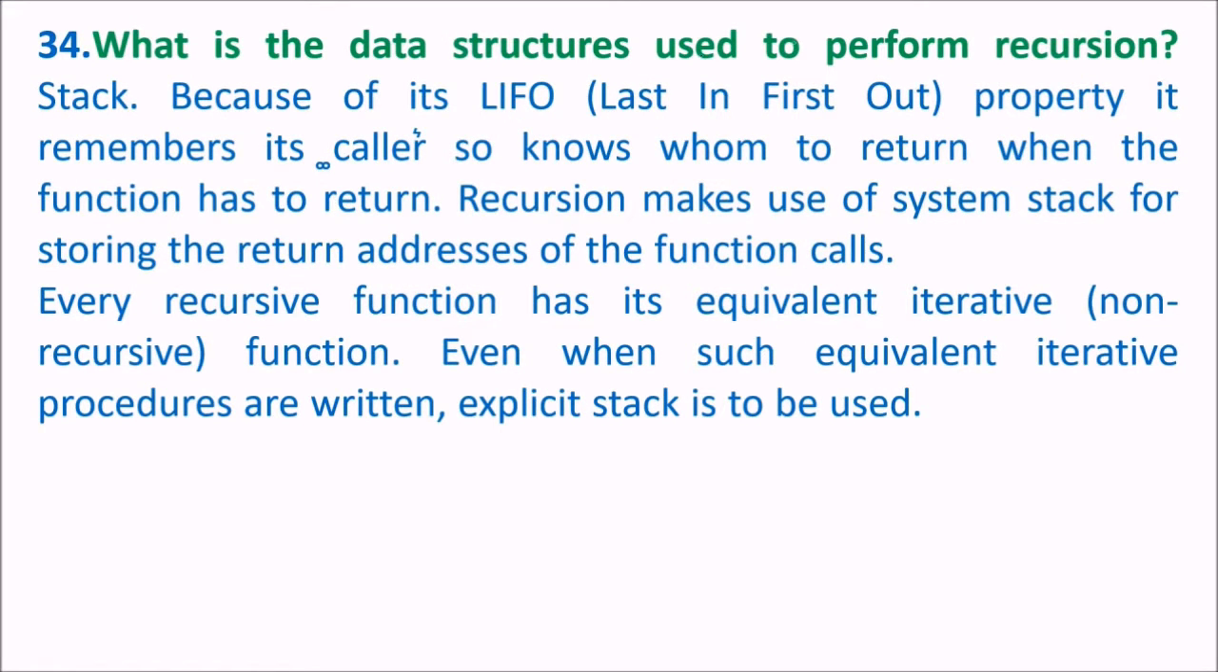Then what is the data structure used to perform recursion? Now what happens in recursion? The answer is stack. Since it follows the last in first out property, it remembers its caller, so it knows whom to return to when the function has to return. Recursion means a function calling itself, breaking the problem into simpler problems and calling itself. So recursion makes use of the system stack. There is an area of stack and heap, system stack and system heap, for storing return addresses of the function call. Every recursive function has an iterative, non-recursive equivalent, and even when such equivalent iterative procedures are written,